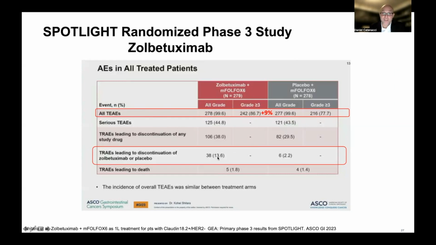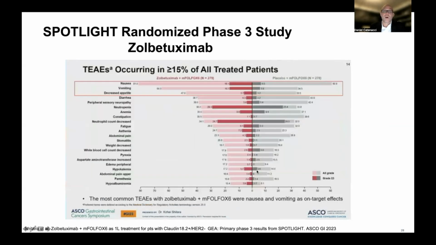And more patients ended up having to stop the therapy because of side effects compared to the placebo. You can see more than 10% of patients. Treatment-related side effects that were thought to be attributed to their death was not much different between the two arms, however. The one thing to note here is that when you compare the agent zolbetuximab versus the control arm, and